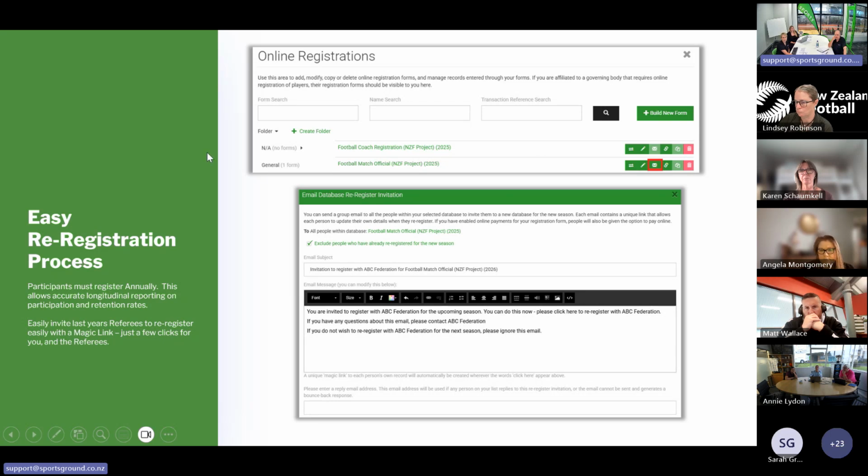So this is showing just where the registration records sit. There is an easy mechanism to invite referees to come back and re-register. The steps through the process pre-populate an invitation to them explaining what to do, and they are all sent an invitation to come and re-register. That's the starting process with the referees for what they then need to do as far as accepting their registration and setting their availability. So this is a new action. This is something to identify at the Federation's level: the responsibility of who is going to be looking after this process and inviting people back to re-register.